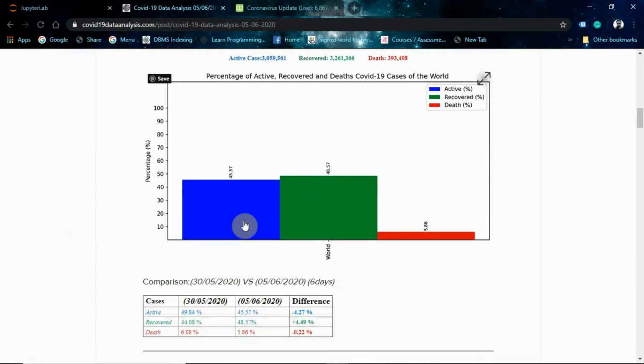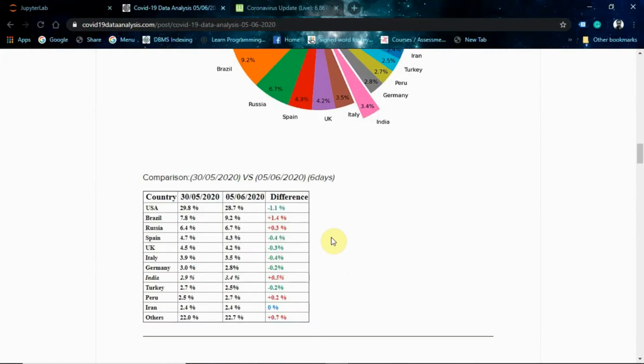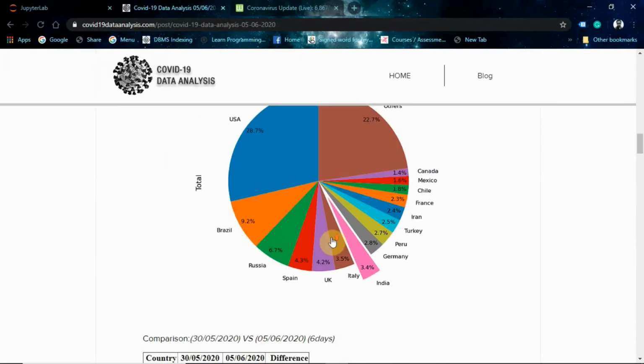I also compare the data, that on 30th of May this was the stuff, and on 5th of June the data is this. So what is the change between the data and how the situation is changing across the world in every respect, right?